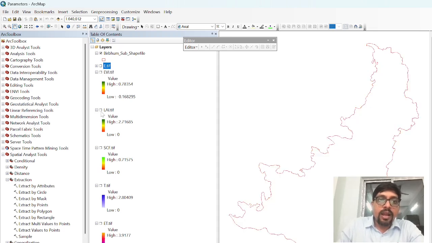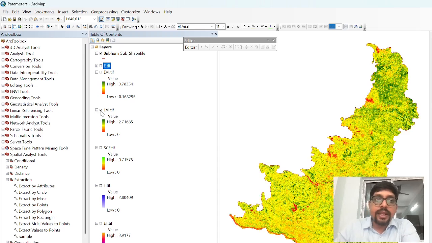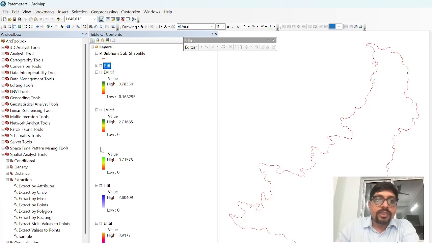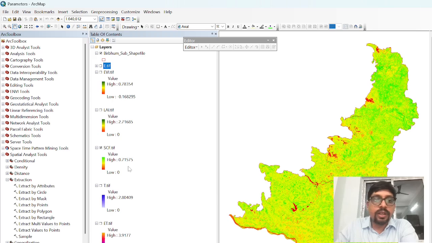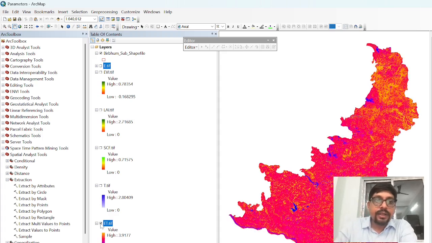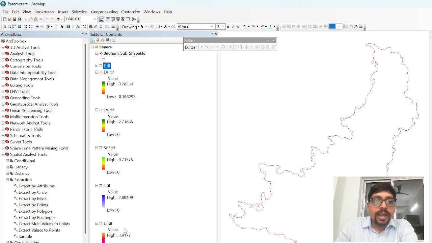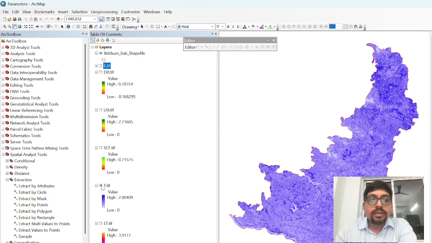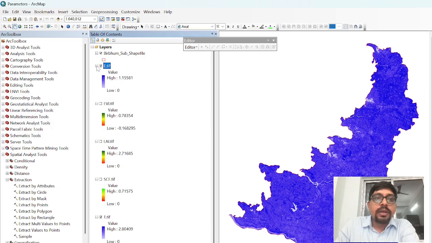Then I'll show you how we can prepare leaf area index. Its range is 0 to 2.71, and then surface cover fraction, 0 to 0.71. Then I'll show you how we can prepare evapotranspiration, right? Its range is 0 to 3.91. Then transpiration, its range is 0 to 280. Then this one, evaporation, range 0 to 15. This is Birbhum district, and I'll show you everything, how we can prepare and what is the importance of this